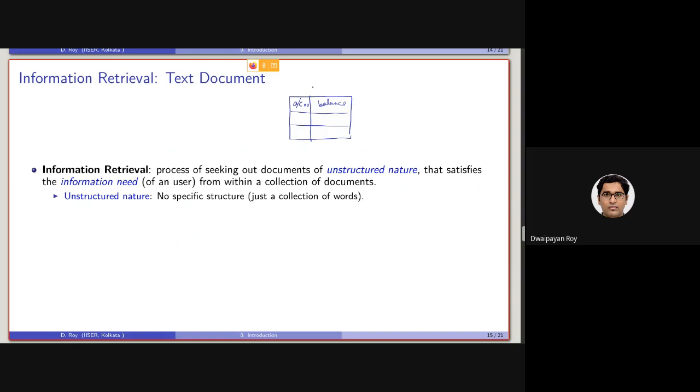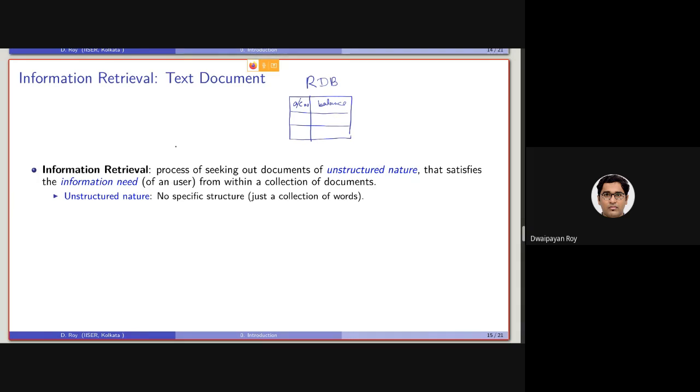So this kind of a RDBMS or relational database, let's only write RDB. These are called structured data. But in structured data, the searching is kind of easier to perform. We will be briefly contrasting between searching in unstructured data and structured data in tomorrow's class.